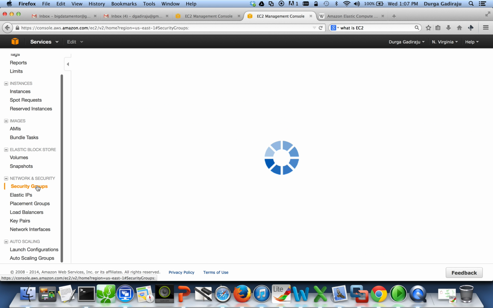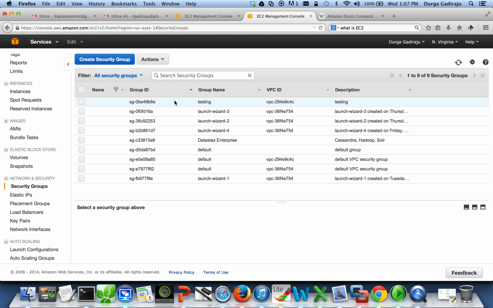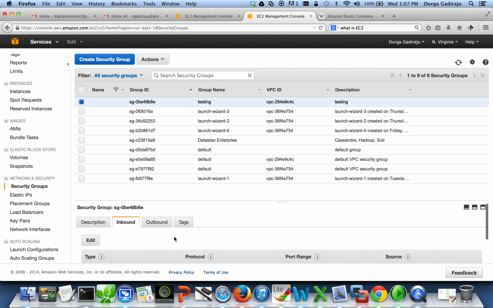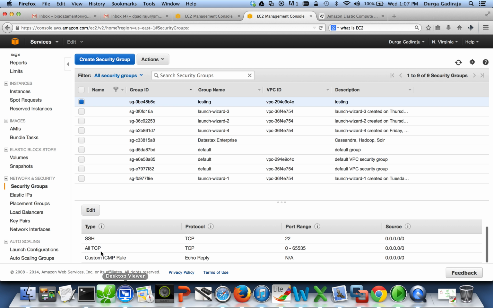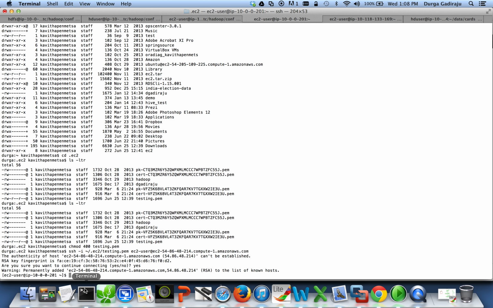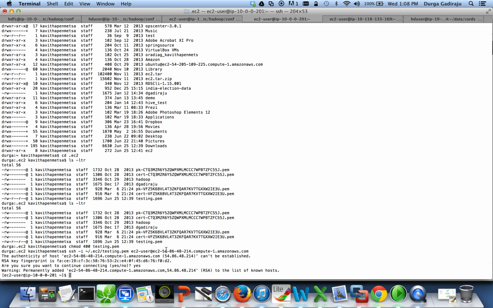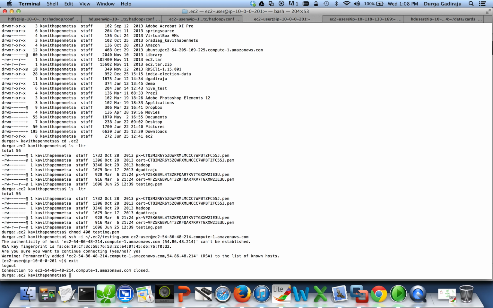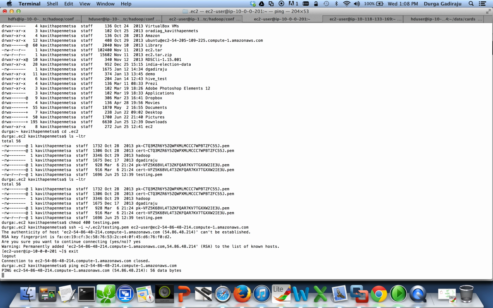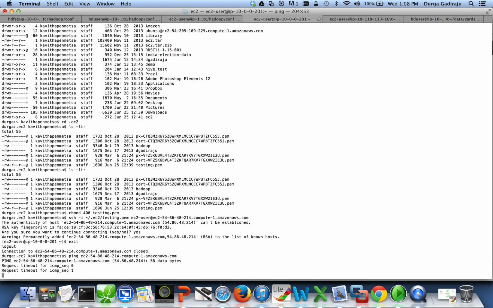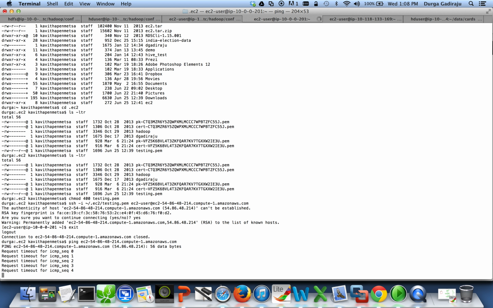The most important part is security groups. So unless you open these three: SSH, if SSH is not opened, then you will not be able to connect from your PC. So that is where you have to open SSH. ICMP is to ping. So without ICMP, you will not be able to ping the node from your PC. If you want to ping it for any reason, your ICMP has to be opened. It applies even for regular